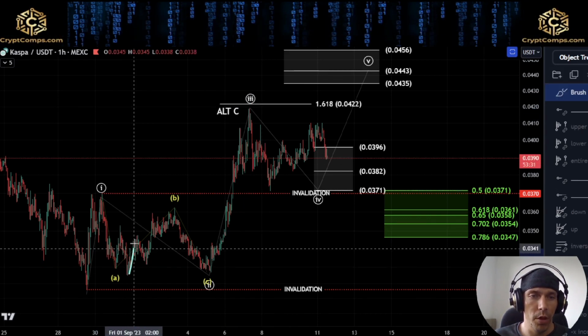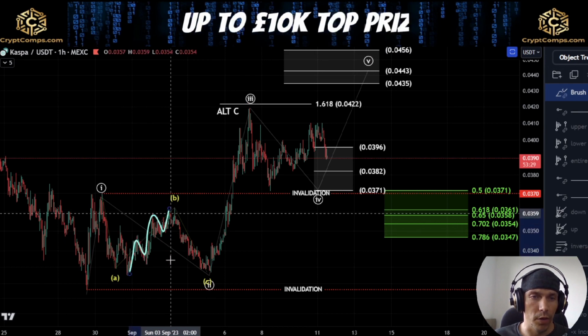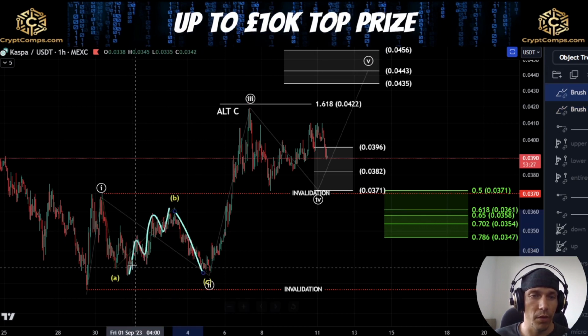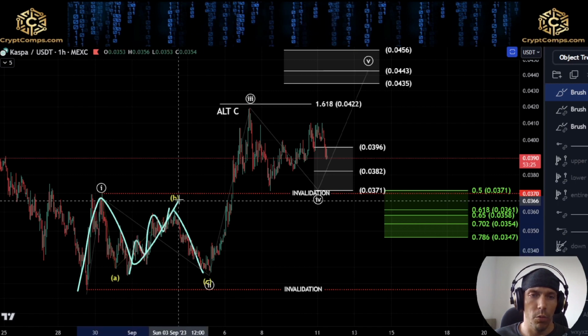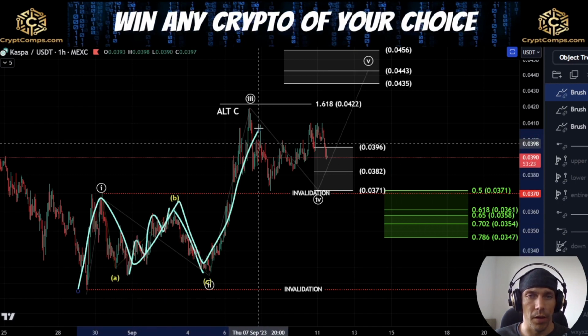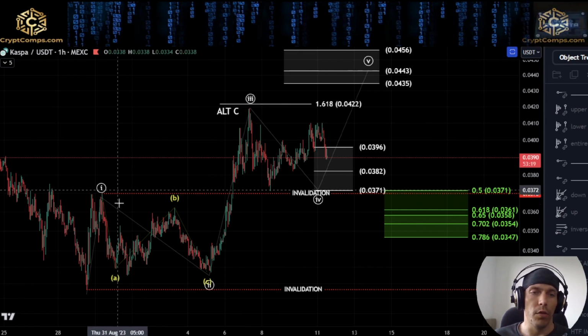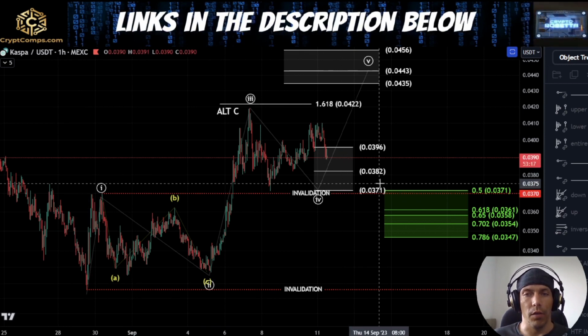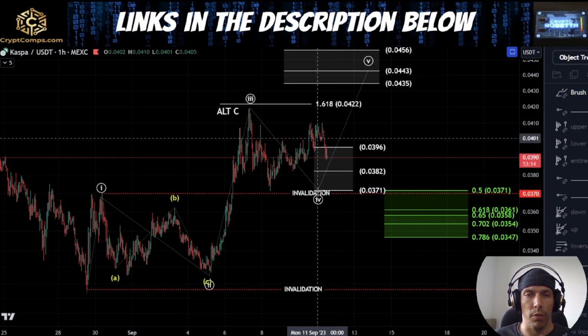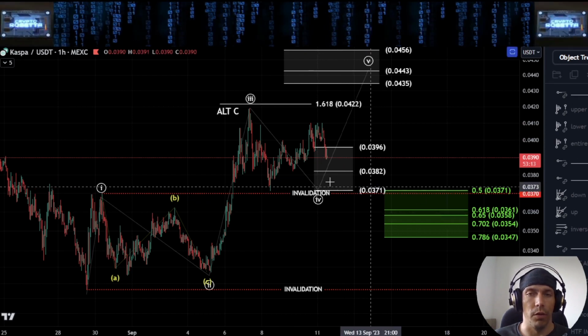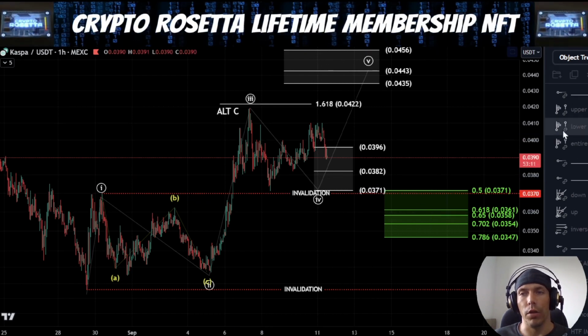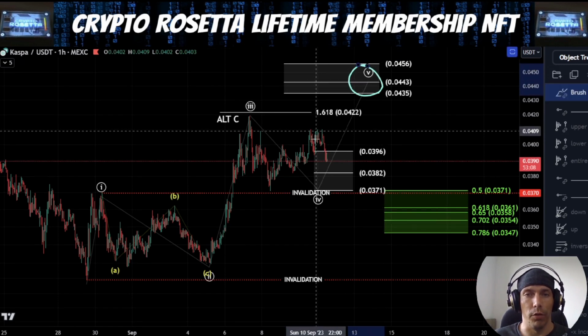It is also possible that internally we could look at this as a diagonal pattern, in which case this could actually be 1, 2, 1, 2 here, and that is actually changing how we look at the count. We're going to go over that idea as well. Now, within this simple idea here, what we'd be saying is, as long as we hold this 0371 and we don't cross this 0370 level, we do have potential here to actually look for this fifth wave to play out.